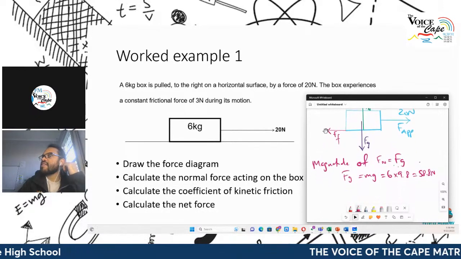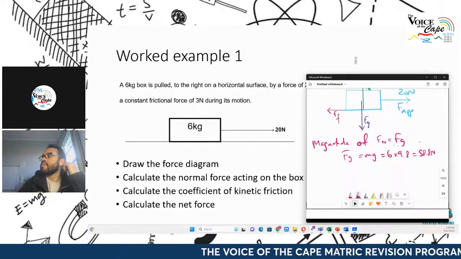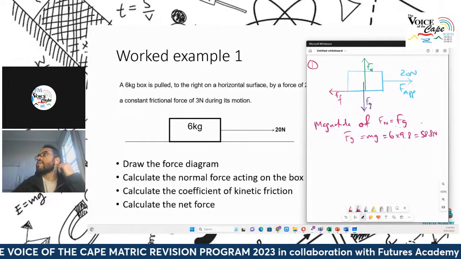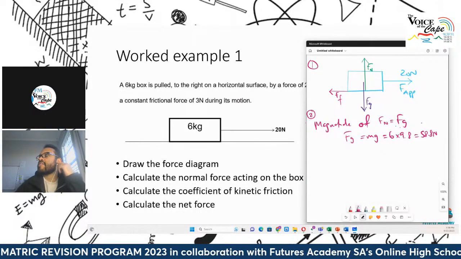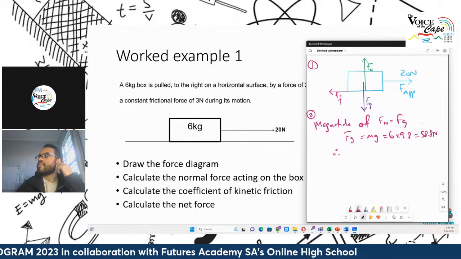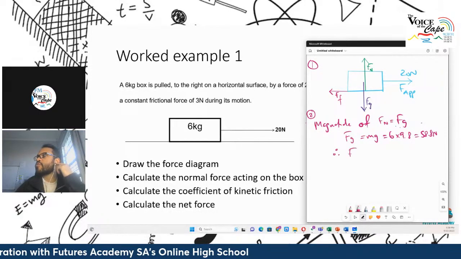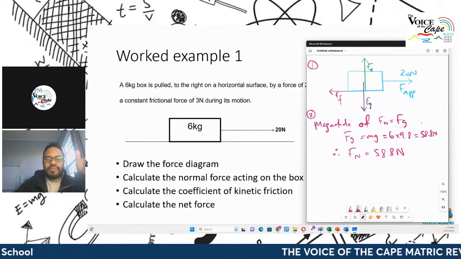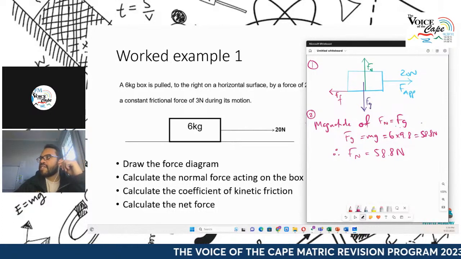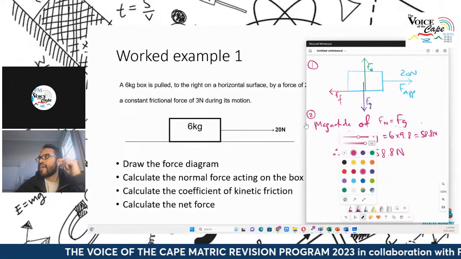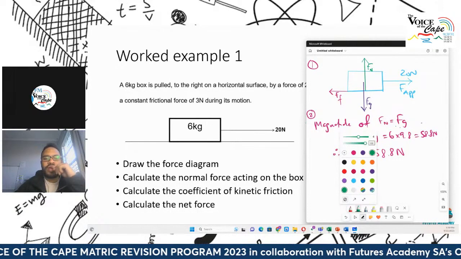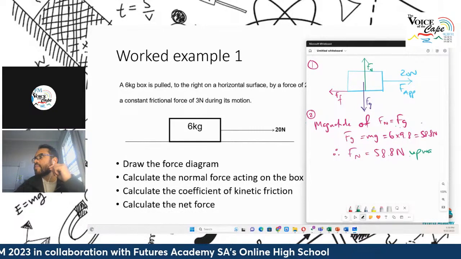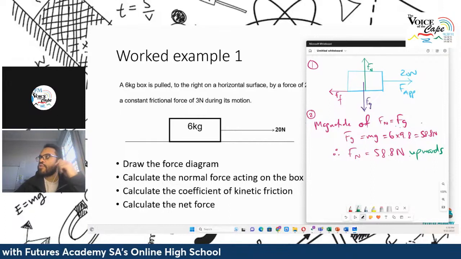So what we did is we calculated the gravitational force. Let me just label this as 1, label this as 2. We calculated the gravitational force. However, the gravitational force is equal in magnitude to the normal force. So therefore, we can say the normal force over here is going to equal 58.8 newtons. Now, once again, coming back to the fact that force is a vector, it requires magnitude and direction. We've only dealt with the magnitude at this point. We must include the direction. And the direction here is 58.8 newtons, that's the magnitude, upwards.